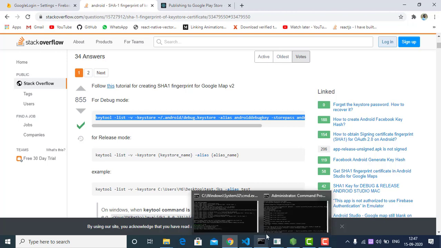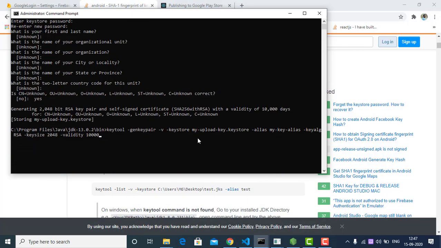I am going to run this command in this folder, the bin folder. Some people say that you have to run that command in your project folder, but when I tried that I got an error that keytool is not recognized. So I'm going to run this in this folder. We have to change this command so that here is your keystore file.